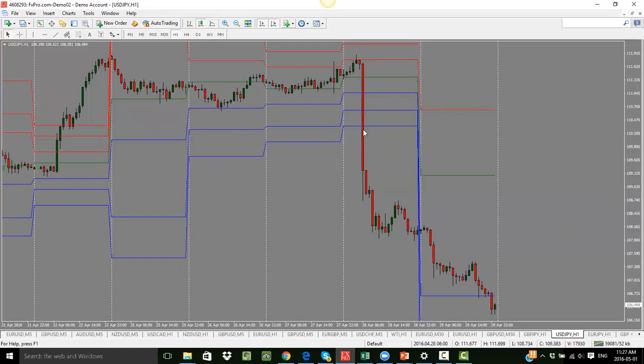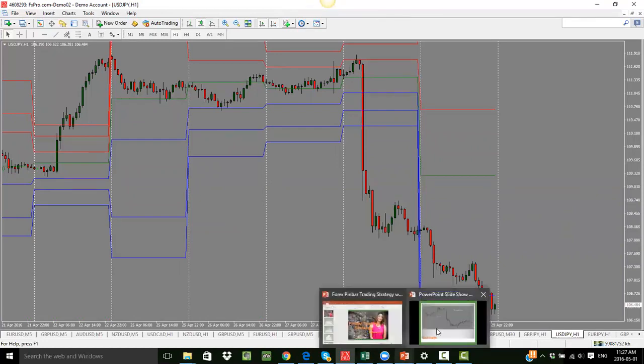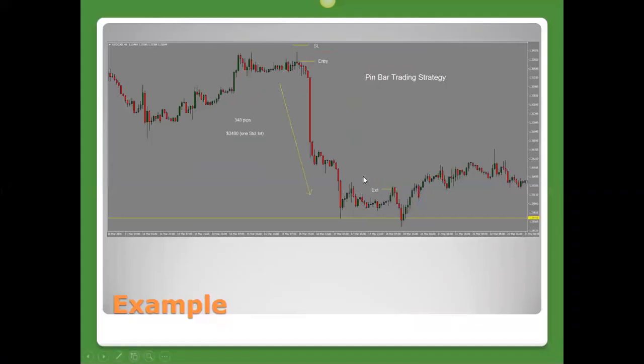Market was again expecting them to do a monetary policy change, but they did not cut their interest rates. That's what the market was expecting. So there was a big drop. So this one again is news related, but it's a nice drop. There isn't a big pin bar in this one, but the one that we looked at, the Euro US dollar,